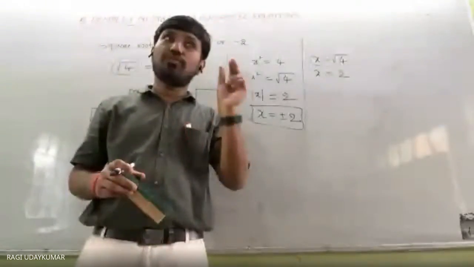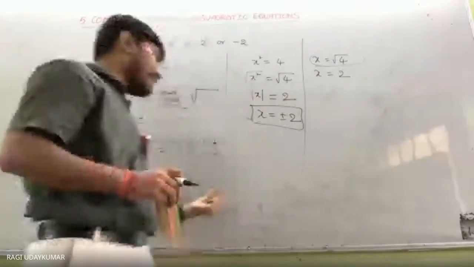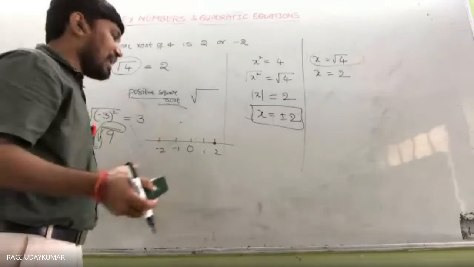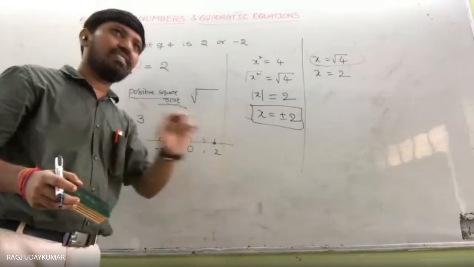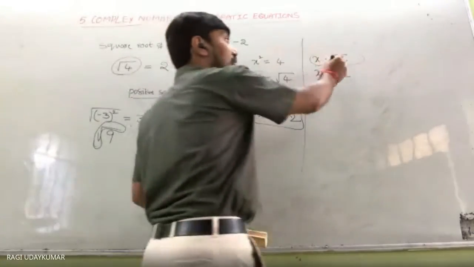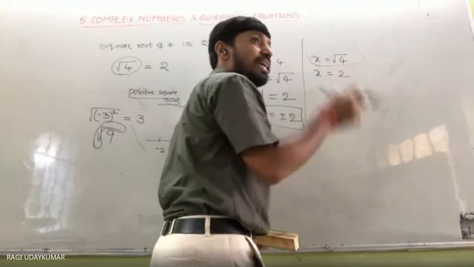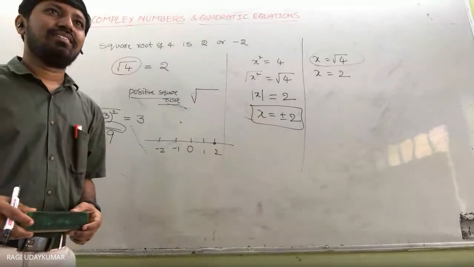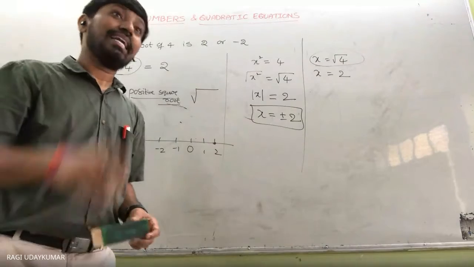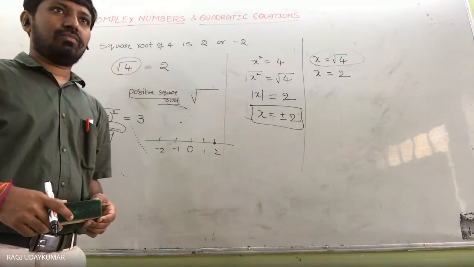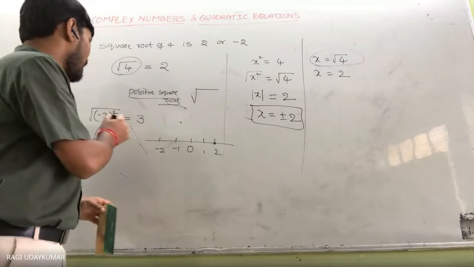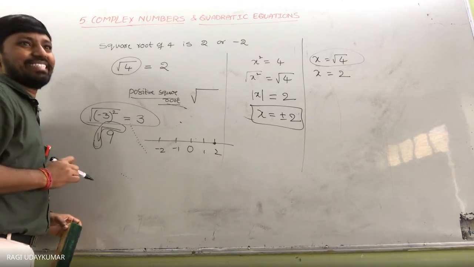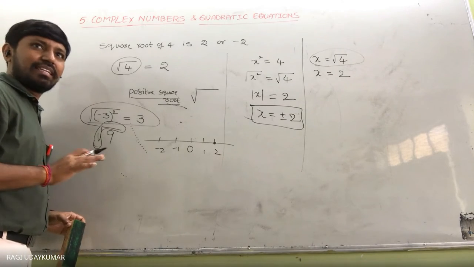The reason behind it, one explanation you can give, is that √4 is one number. On a number line it will be at only one place. Suppose you take x equal to √4, this is a linear equation, and a linear equation has only one solution. So do remember this point. Most people make the mistake here when this type of question is asked. Is it clear to you now?